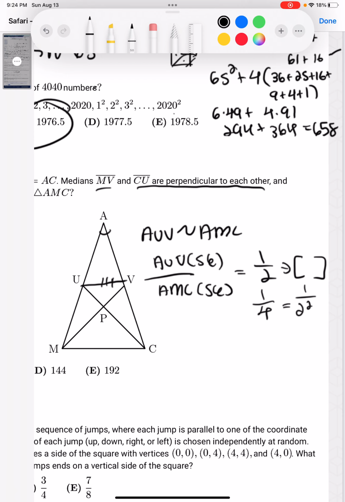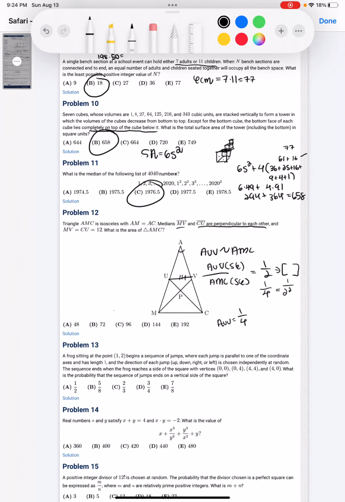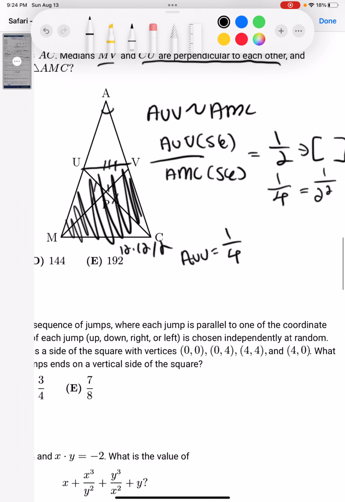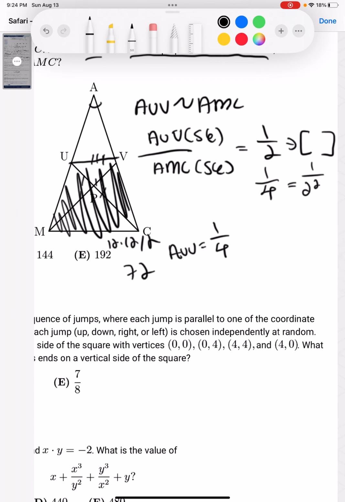Of course, we know that AUV equals 1/4 of AMC. MV and CU are both 12, so the area of the quadrilateral here is 12 times 12 divided by 2, using diagonal products, which is 72. So we know that AUV is 1/4 of 72 plus